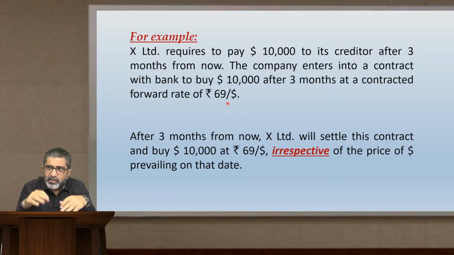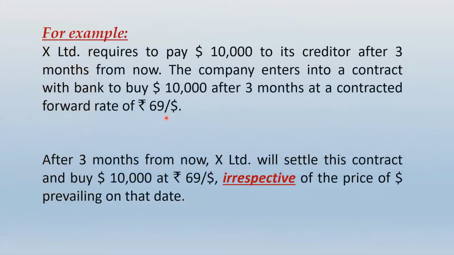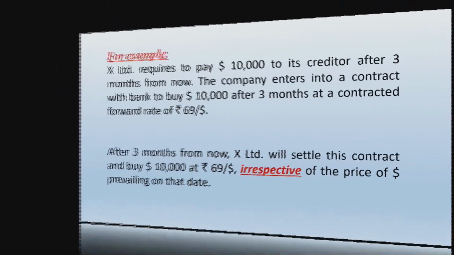Just the way you have seen in derivatives what forward contracts are, in the same way in the forex market, forward contracts in the exchange market are generally called forward exchange contracts. Basically, the word exchange over here talks about foreign exchange markets. So a forward exchange contract is typically a forward contract. It will give you right as well as obligation to settle that contract. So moving forward, we will now talk about